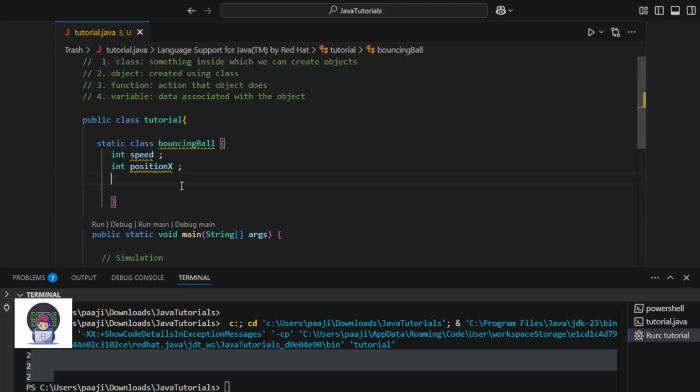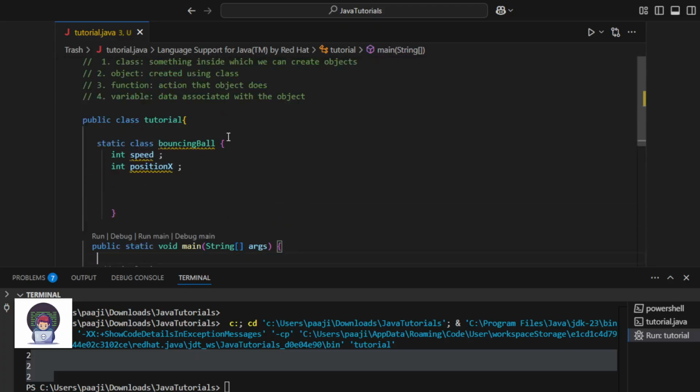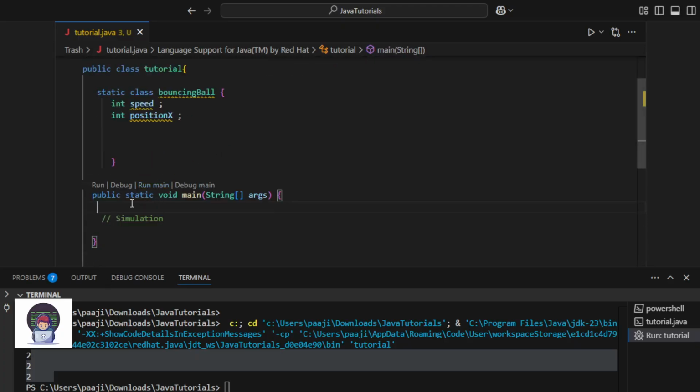Sorry, I'm just a little disoriented. So what I'm saying is that we can put the variables inside here, then we can put the code for one ball bouncing inside this class. And then the simple thing we will do is create an object of this.